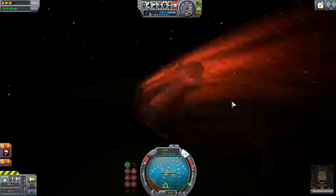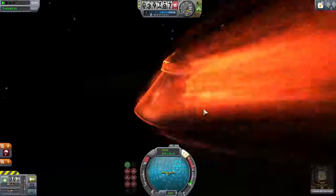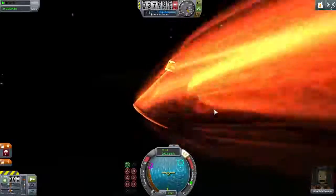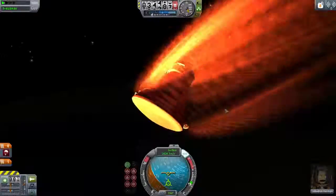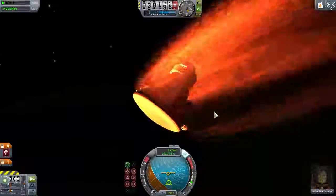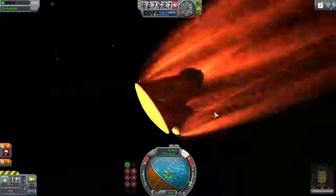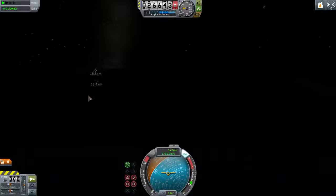We should start hitting, there we go, hitting atmo. Entry is scary. Brake. Cool. Brake. Oh! Jeez. How did... Oh, I didn't have caps lock on, so I was making big adjustments. Well,